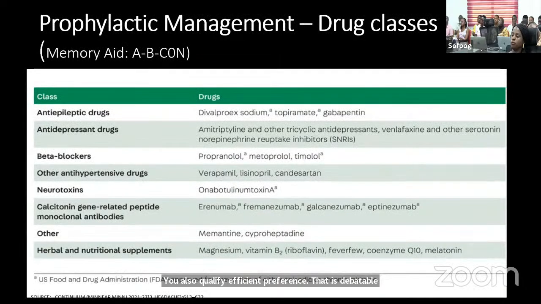Right. So the classes of medications that we use generally as prophylactic medication in migraine include anti-epileptic medications. So we have sodium valproate, topiramate, gabapentin. They can be used. Antidepressants like amitriptyline, venlafaxine, the SSRIs, SNRIs can be used. Then the beta blockers, commonly propranolol, metoprolol, timolol, can be used. There are also the calcium channel blockers and other antihypertensives like verapamil, lisinopril, candesartan. The neurotoxins, onabotulinum toxin A, which is usually reserved for those with chronic migraines who are not responding to other